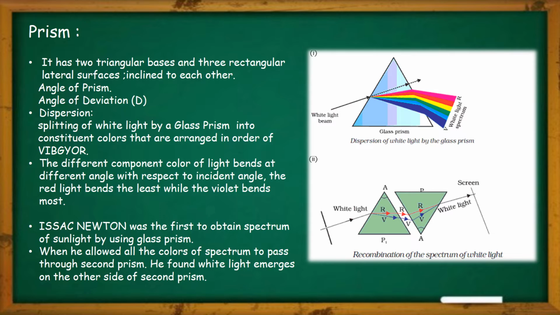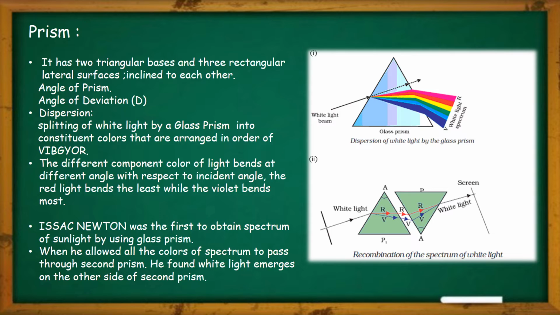Next, let us know what the angle of deviation of the prism is. Angle of deviation is the angle between the incident ray and the emergent ray. When dispersion of white light happens, the light does not travel in a straight path; rather, when it passes through the prism it bends. So the angle of deviation is created, meaning how much the light ray is deviating from its original path.